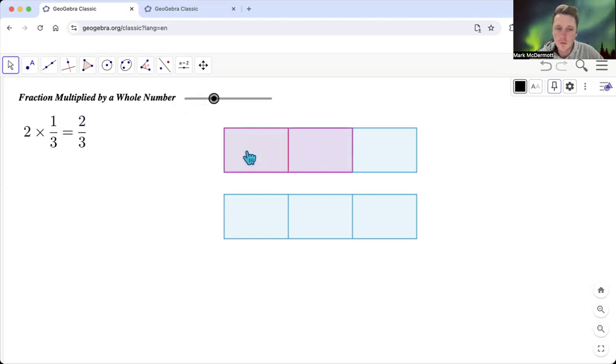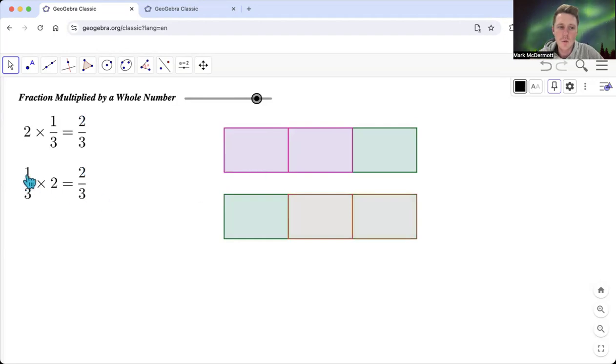Each one of these sort of pink areas represents 1/3, right? If we think of this top bar being one whole, then that's 1/3 plus 1/3. So that's 2/3. Okay, we could also sort of think about it the other way around. Obviously gives us the same answer,